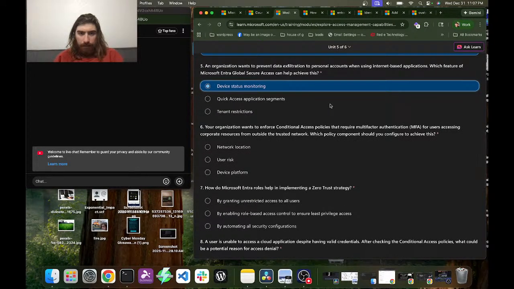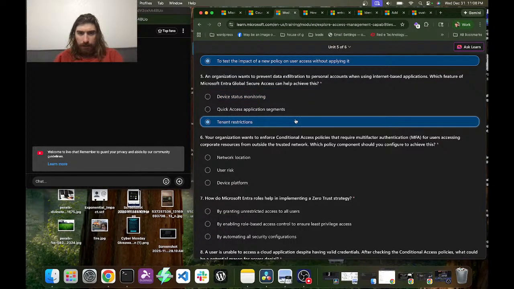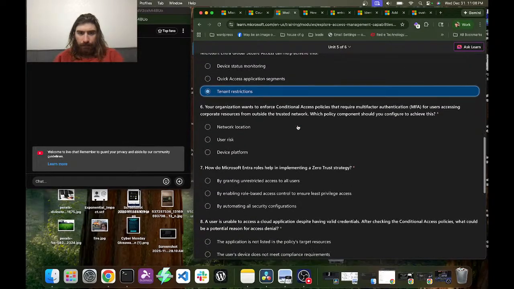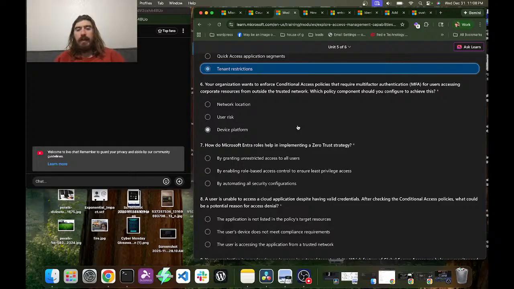It could be tenant restrictions. Your organization wants to enforce conditional access policies that require multi-factor authentication for users accessing corporate resources from outside the trusted network.